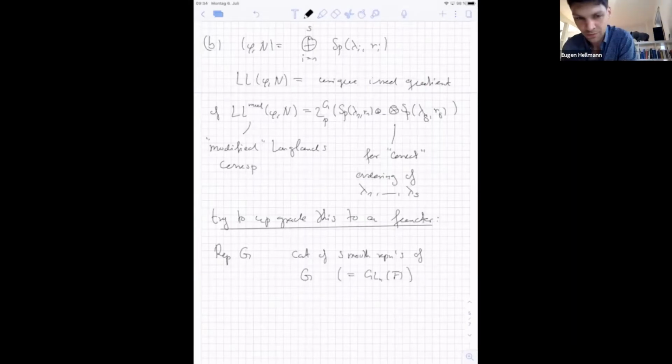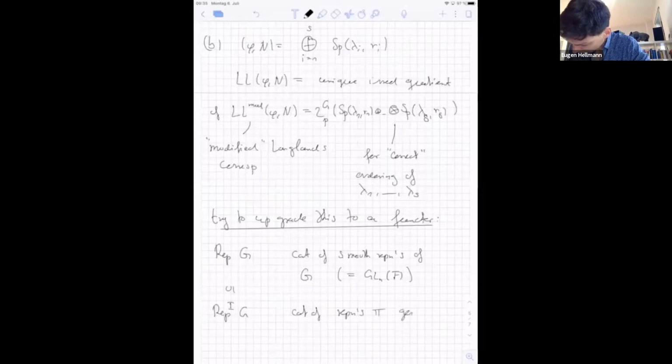It also could be just the F-valued points of some split reductive group. And this contains as a subcategory Rep_IG, the category of representations